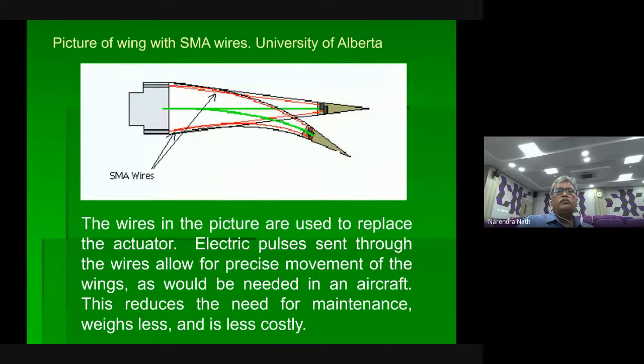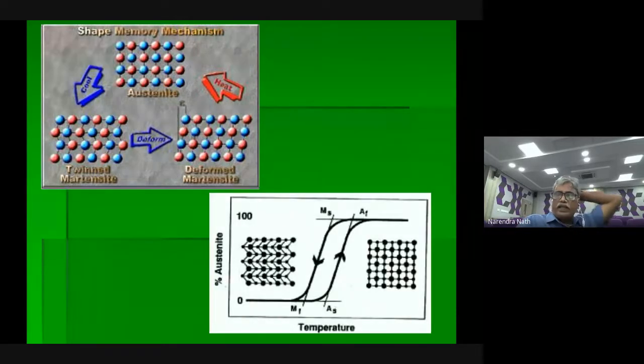And this is another picture of SMA wires. How they're using SMA wires. These are all the SMA wires. To swing this, how are they going to use these SMA wires? This is through heat. I can do it through pressure or heat. Normally in these cases they use a small amount of heat to bend it. And this whole mechanism is happening with this simple figure.